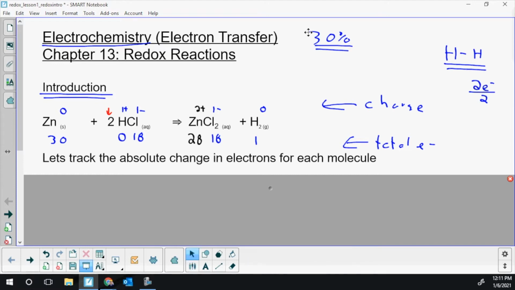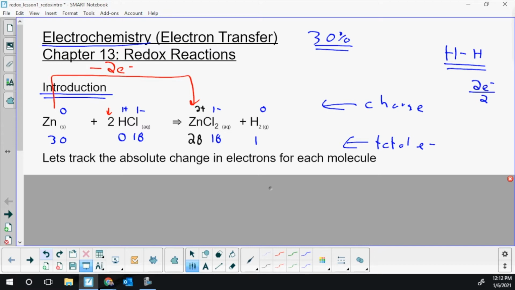Okay. And now we can finally get at what's going on in terms of electrochemistry. So we're looking for changes. If I start with my zinc, that definitely changed. It went from 30 electrons at the beginning down to 28. There we go, zinc to zinc. We start with 30, we end up with 28. There is a loss. I'm going to go minus 2 electrons with that zinc to go from 30 down to